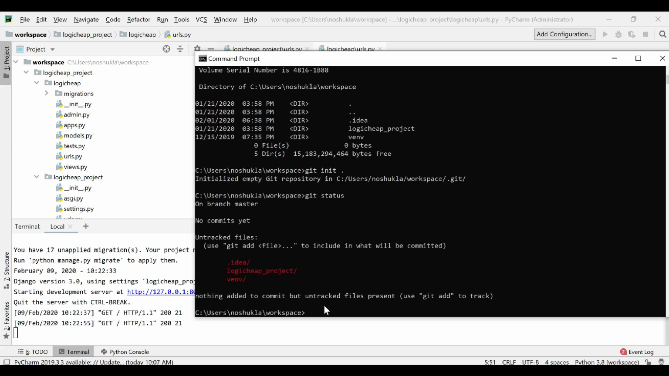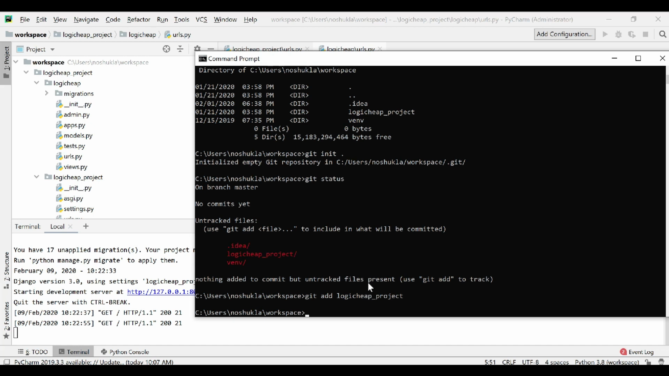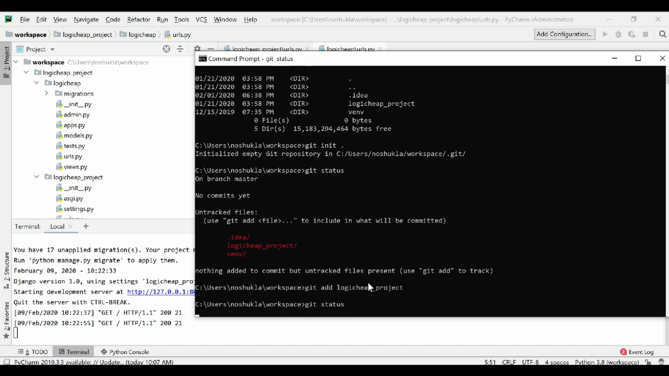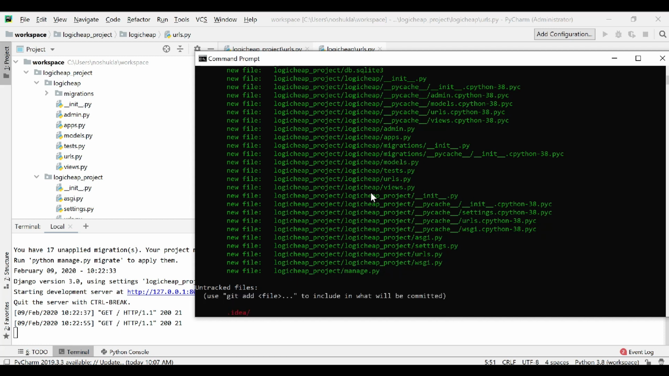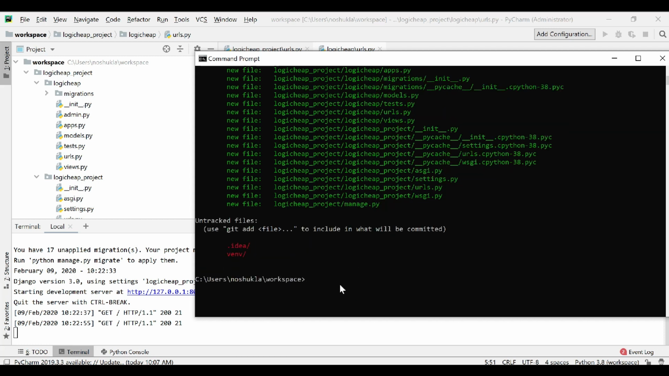If you do git status, it will show all the files that are not committed till now, all the folders and files. Specifically, we need to push all our code which is inside the Logic Heap project folder. So I've added the complete folder, git add Logic Heap project. It will add all the files present inside the Logic Heap project directory. Once you have added it, the next step is to commit it with a message,